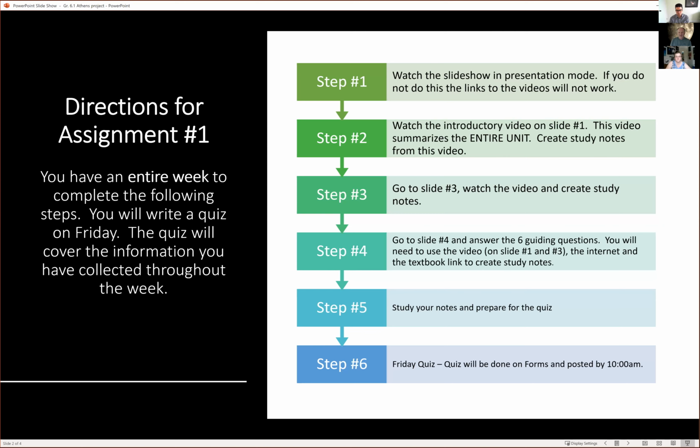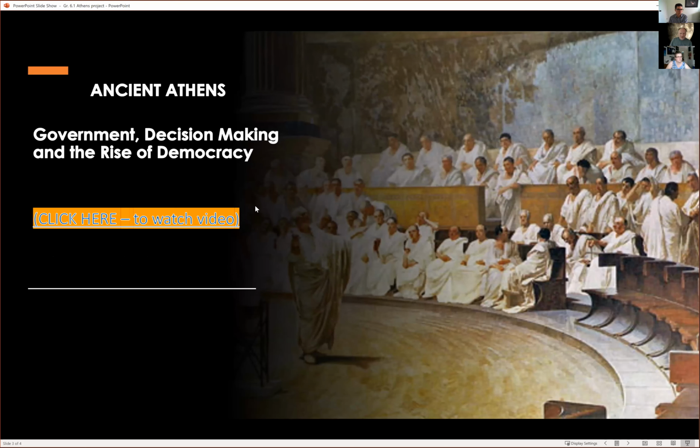They will have to do a self-evaluation at the end of it and also a quiz. So within the 1 week, we've had 3 electronic contacts with them, as well as independent communications through Teams or email or some of the video presentations we've done. Once they have the assignment, this would be their topic, decision-making and the rise of democracy.